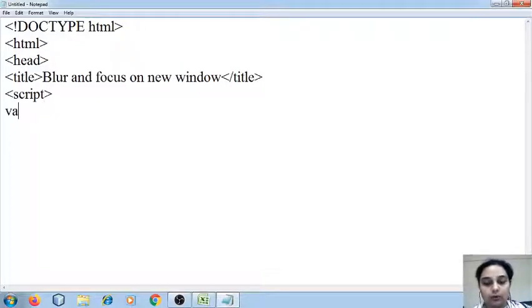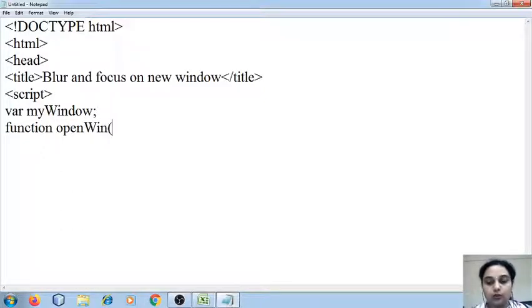Now I'm going to create one window and I say myWindow. The name of the window is myWindow. One variable I have created. Then I'm going to create a function openWin, which is going to open a new window.